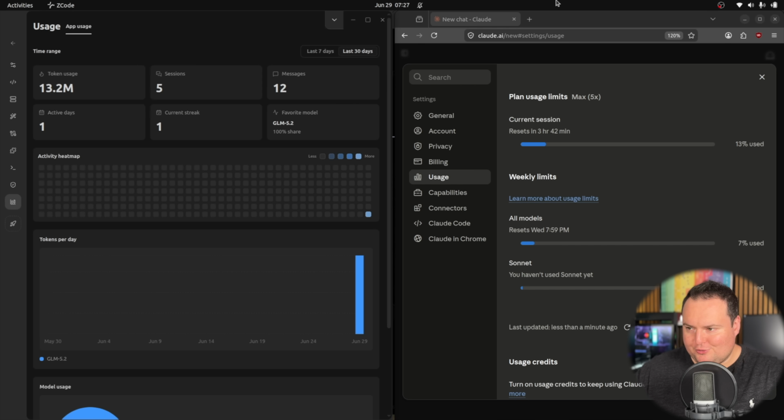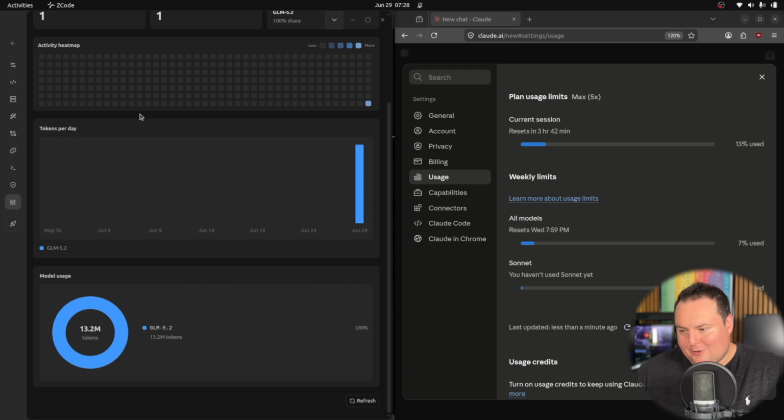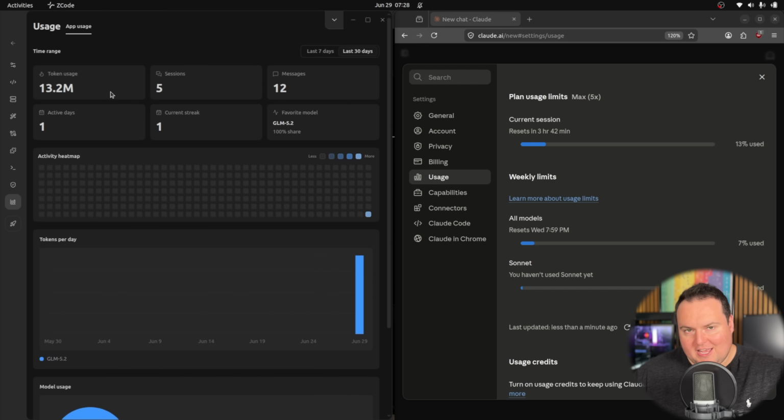So in terms of usage here, this is unfortunately where I can't really give a proper comparison. I have only used GLM 5.2 through the C-Code app right here for today, and we can see the total token usage, so it could be calculated just based off of this. In terms of the Claude Code usage, I haven't really used it at all much this week, so my entire model allotment is 7% used up. The current session, which has reset because this video took longer than 5 hours to film, is at 13% used,